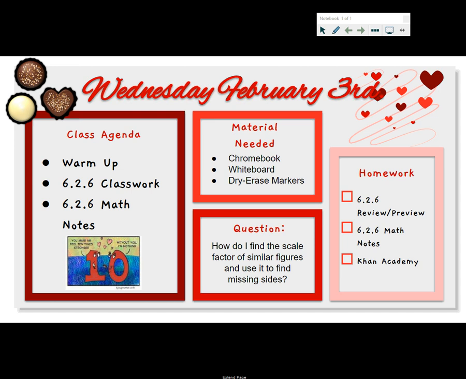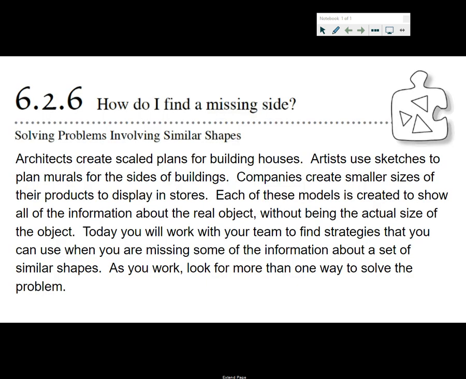Okay, so today's lesson is on solving problems involving similar shapes. Architects create scaled plans for building houses. Artists use sketches to plan murals for the sides of buildings. Companies create smaller sizes of their products to display in stores. Each of these models is created to show all the information about the real object without being the actual size